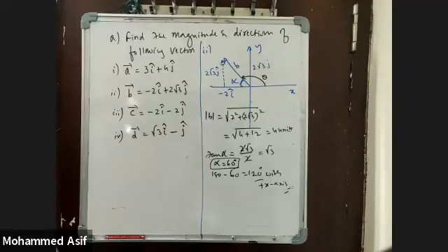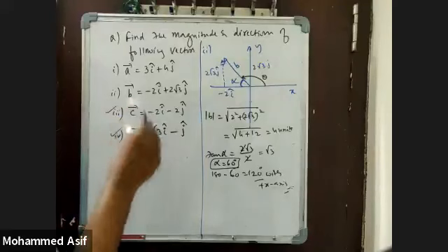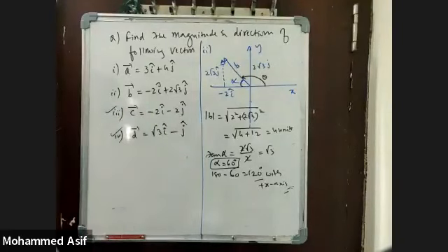Fourth one. So the third one answer, magnitude is 2 root 2. Very good. Angle is 225 degrees. Excellent. Very good. Third one and fourth one, you try it out. Third one, anyhow, the student has given the answer. In the same way, you try to do the fourth one.